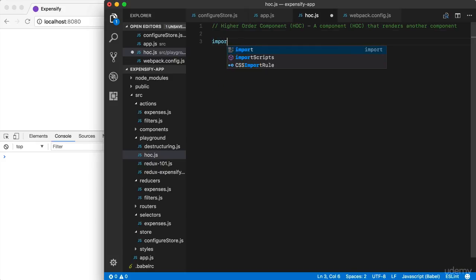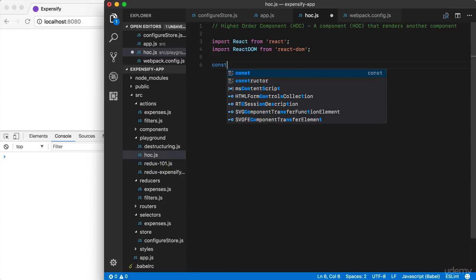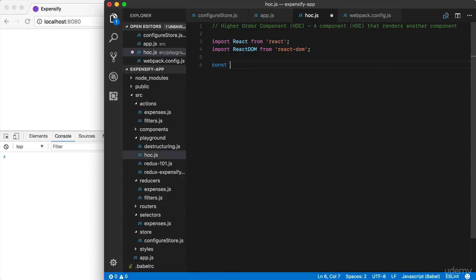To kick things off, we're just going to go through the usual process, creating a regular component, not using the higher order component pattern. So I'm going to import React, and I'm going to import React DOM, grabbing ReactDOM from the react-dom library. And now we're going to make a very generic non-HOC component. So we'll just make something like Info. It will be an arrow function, and we will implicitly return some JSX,